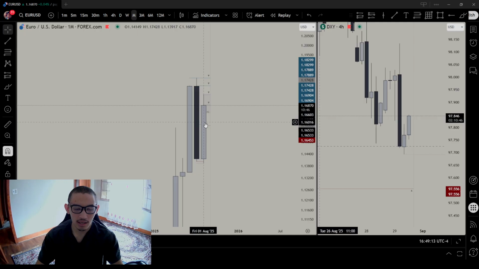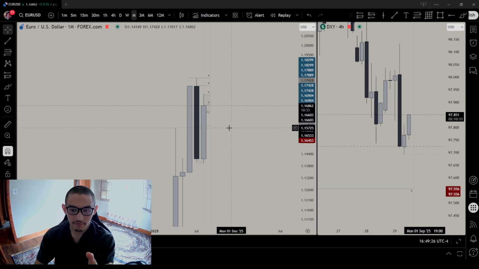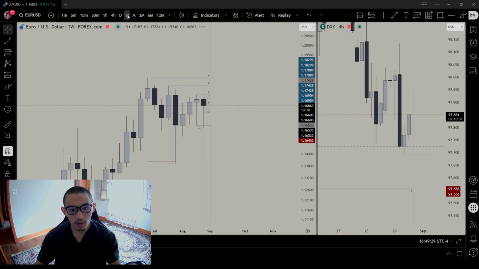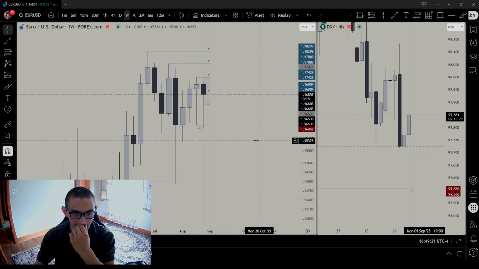So you need to close in a candle where there are not a lot of gaps, where the candle doesn't have a big wick. You need to close in a classical candle. I was anticipating it to go up higher and close at a fair price. So now I'm going out to the weekly time frame to gather even more data.